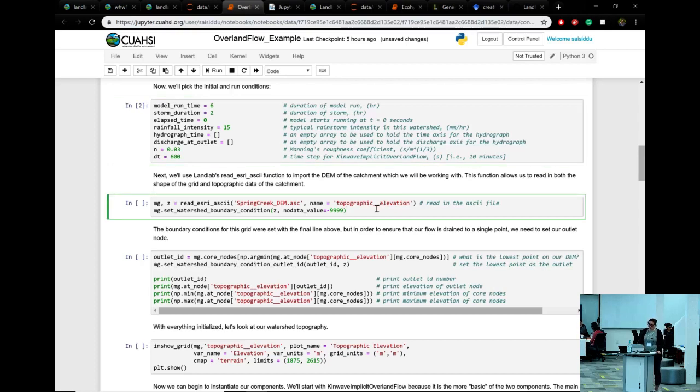Okay, so now we can read in our DEM, the Spring Creek DEM.asc. We're loading it in with the topographic elevation. So we have a grid mg and then elevation values Z. And once we load that in, we want to set a watershed boundary condition such that all of our no data values are recognized as no data values. So in this case, our no data value is negative 9,999. So if we run that,